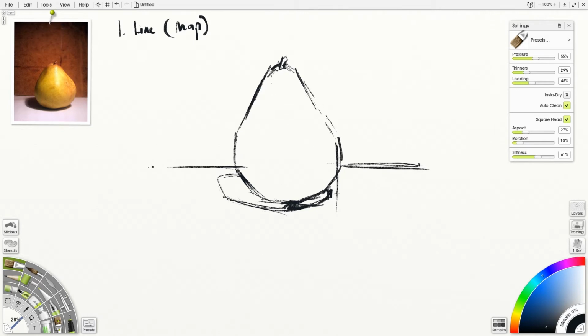The other thing I might do in this beginning phase is just block in, again with those angular marks, some of the shadow space, just so I can delineate the light from the dark in this image. So there it is, perfect little pair, right? All right, step 2, let's block in the darks. This is our value step,